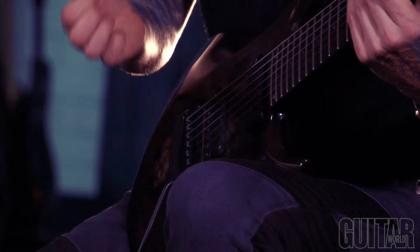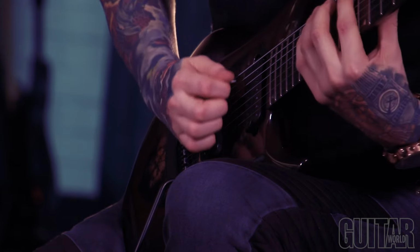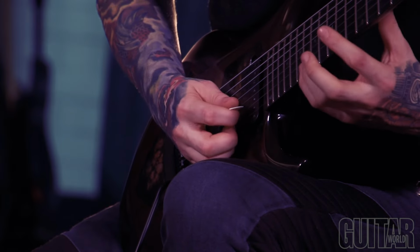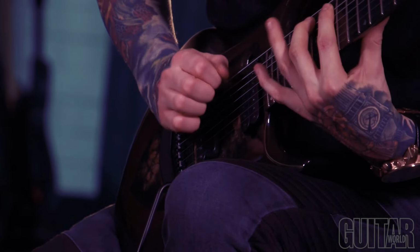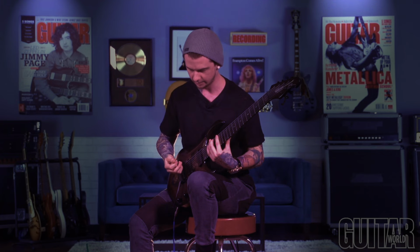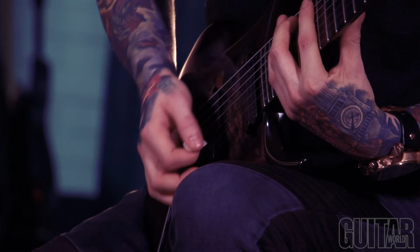Now my palm, actually, honestly, a little bit of my wrist right here too, is also covering all of these lower strings. See how that's the only note that can come out of the guitar at that time, because everything else is muted by your technique. And then on the way down, my left hand is taking care of all of that again. And with this ascending one, now with this economy pick shape,